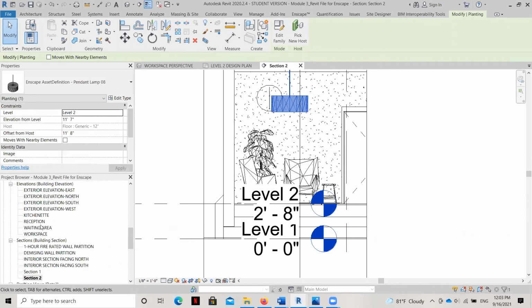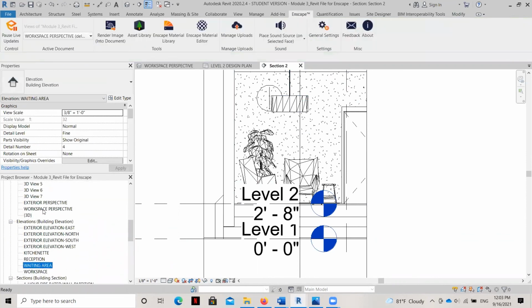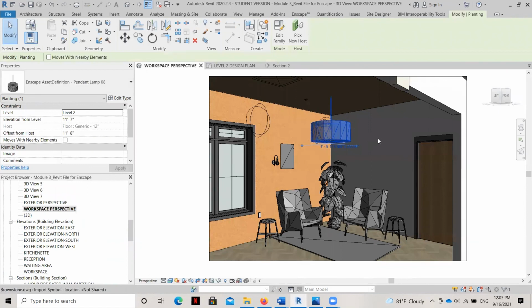Okay, let's take a look at our workspace perspective. Okay, that's looking pretty great right now. Now you can see most things are not rendering exactly right because again, this is a rendering in Revit. But what I'm going to do is spend a little bit of time making sure that the sconces are mirrored on either side of the artwork. The artwork itself is centered above each chair and then looks the same on both walls.